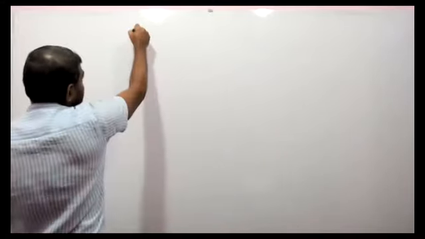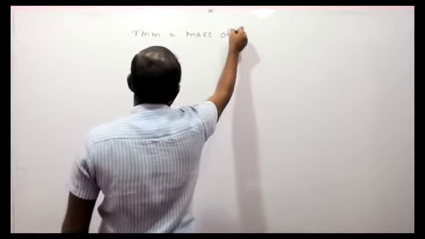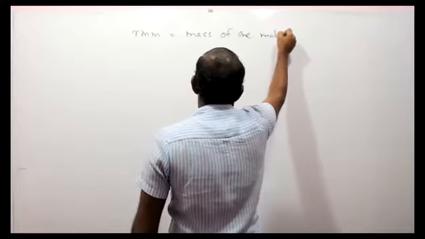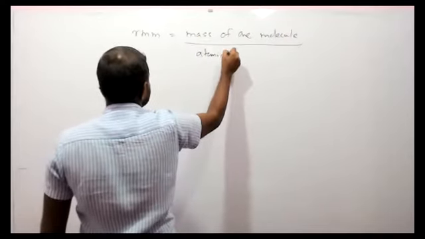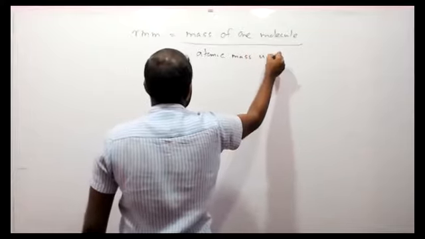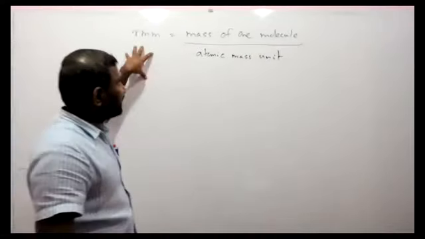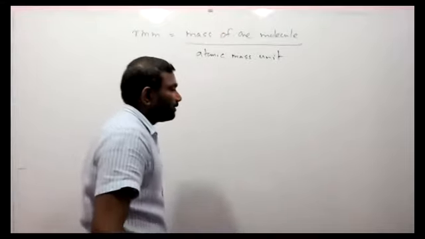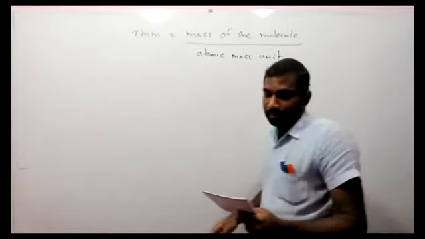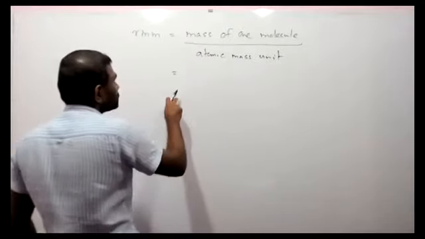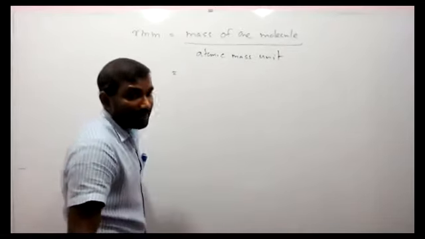Right, so write the equation. They are talking about relative molecular mass. Relative molecular mass will equal the mass of one molecule divided by what, children? Atomic mass unit. Right? So here the mass of the molecule is given in kilograms, and I know that I have a kilogram value for AMU, so I will use that.